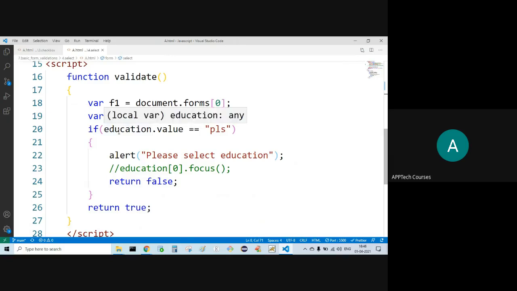Now what I'm trying to do, anywhere in the education, inside the select tag we have the options.